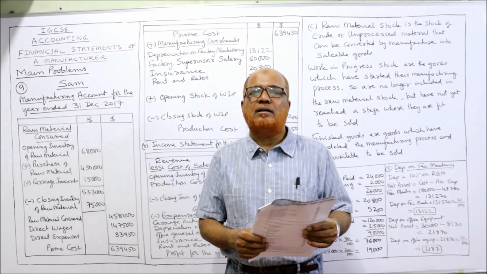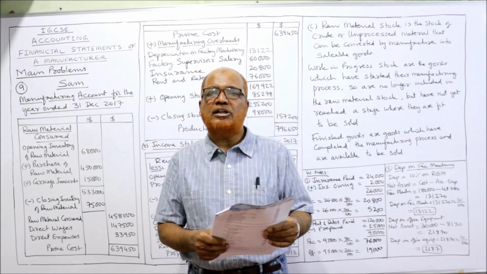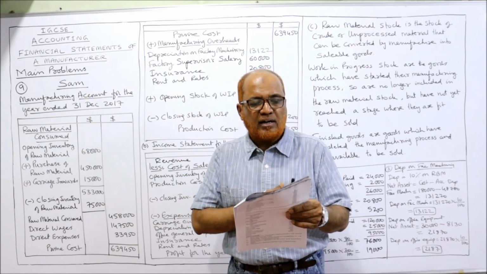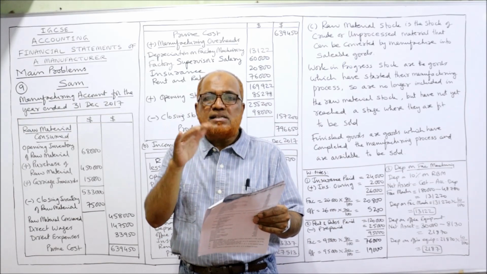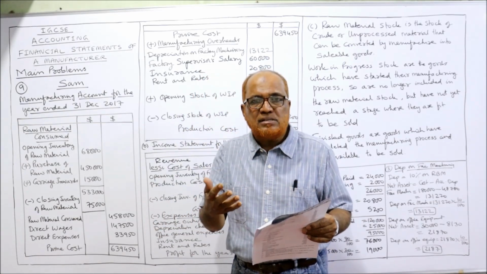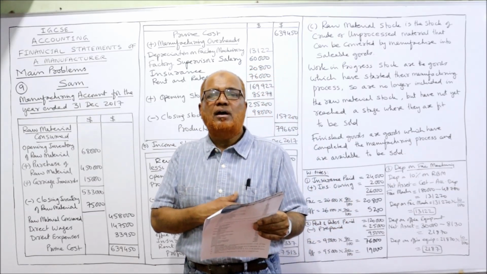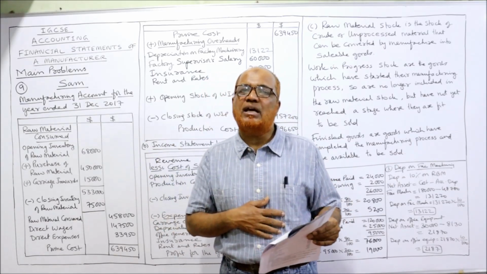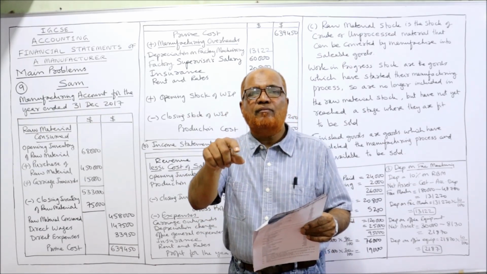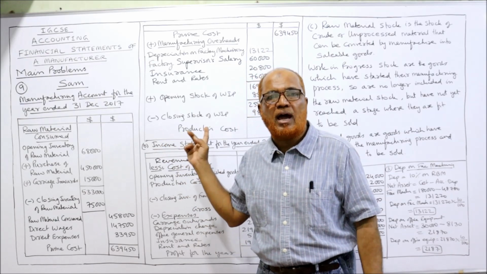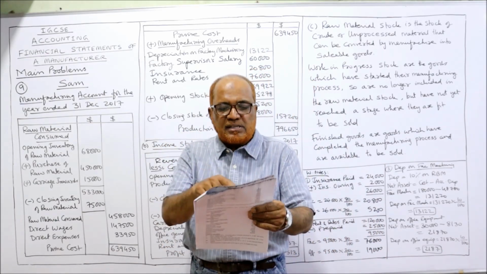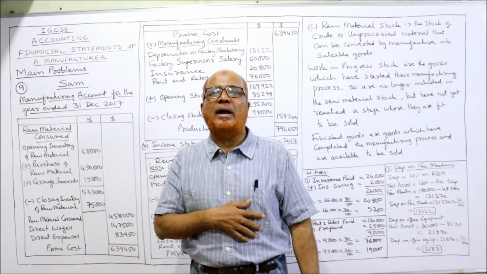Office equipment cost, accumulated depreciation. So we have 2 non-current assets. One non-current asset is factory machinery. The second non-current asset is office equipment. So we have to calculate depreciation on factory machinery and also depreciation on office equipment. Depreciation on factory machinery will go in the manufacturing account under factory indirect expenses, and depreciation on office equipment will be